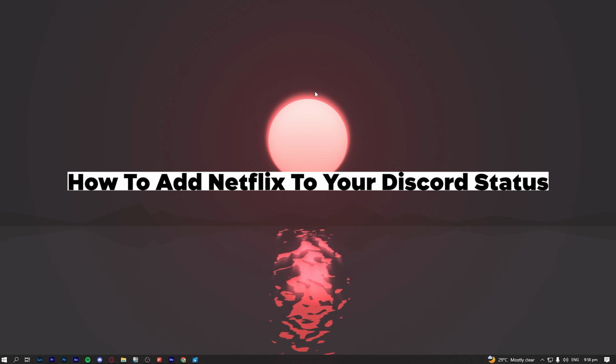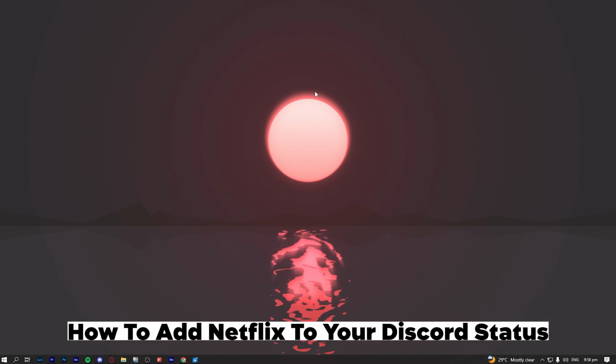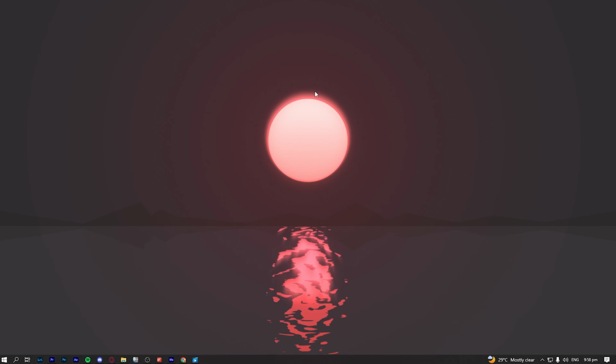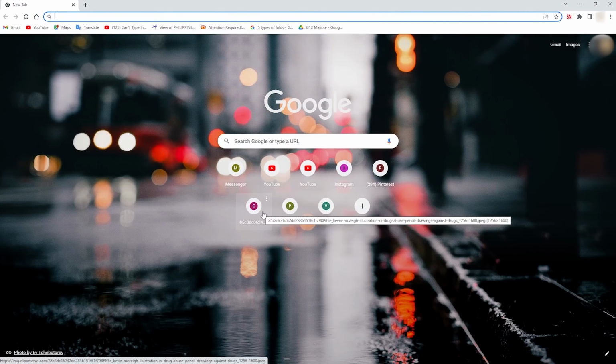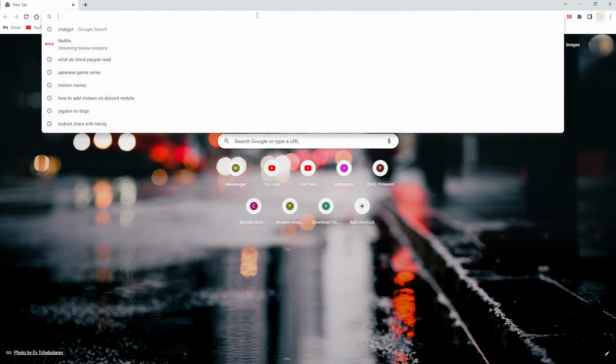How to add Netflix to your Discord status. So the first step that we need to do is of course open any browser. For this one, I'll be using Google Chrome. After that, click on the search bar and type in